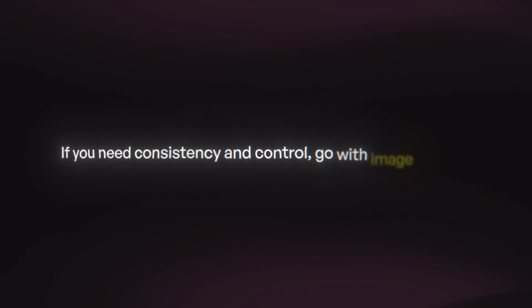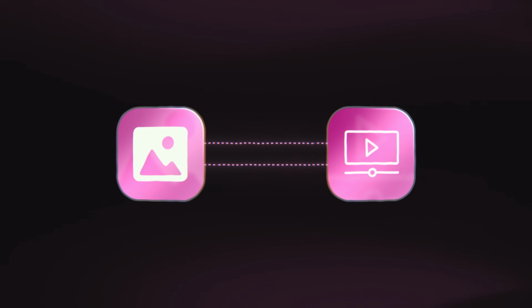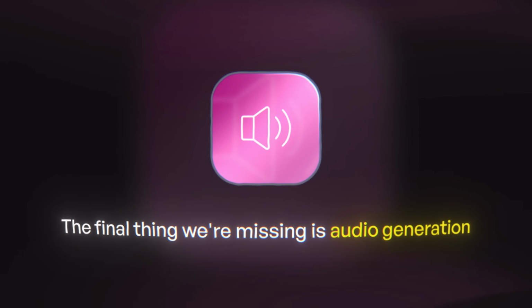The key is knowing when to use each one. If you need consistency and control, go with image to video. If you're just testing ideas or need something fast, text to video gets the job done. I use image to video about 90% of the time because I want full control over how my character looks before I animate them. The final thing we're missing is audio generation, and this is something most people don't even